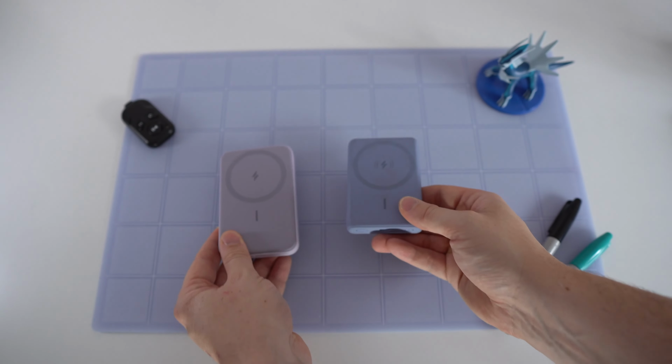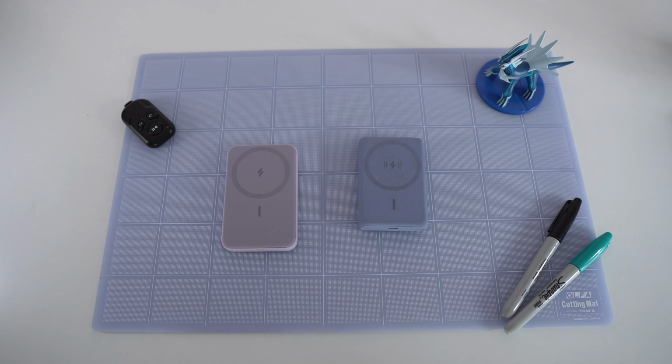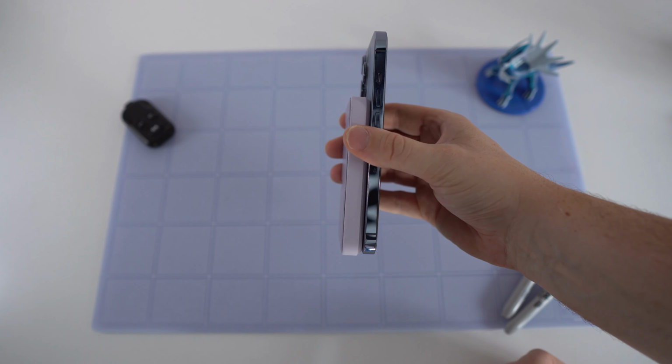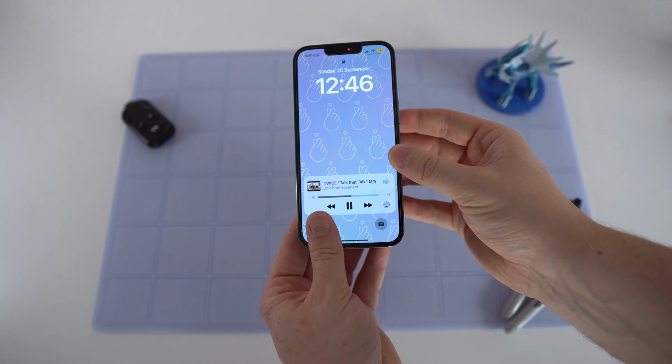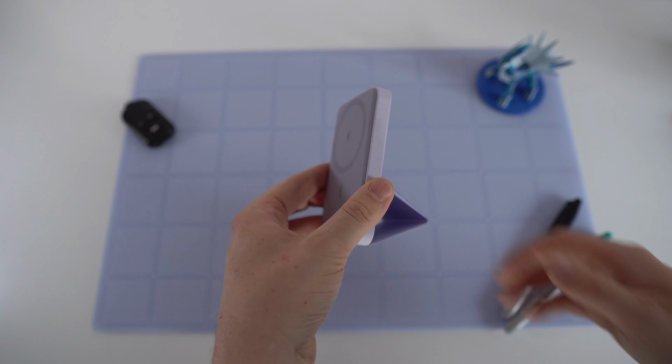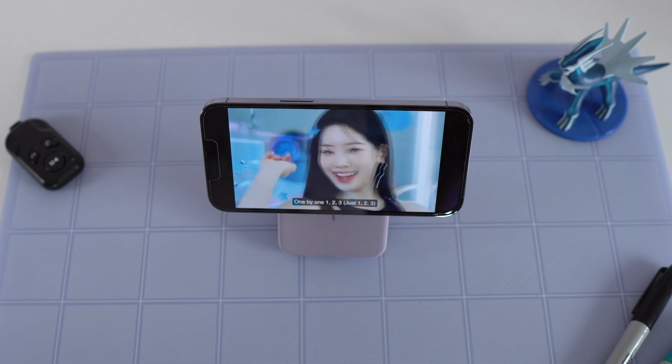If you do start to lose a bit of charge while you're out and about, you can simply clip this onto the back of your phone and it'll fit right into your pocket. Both of these battery packs will give you about 5,000 milliamps of charge, and admittedly that will only get an iPhone 13 or 14 Pro up to about 80% of battery. But I really love the design, especially how portable they are, and on the newer model, which costs about £10